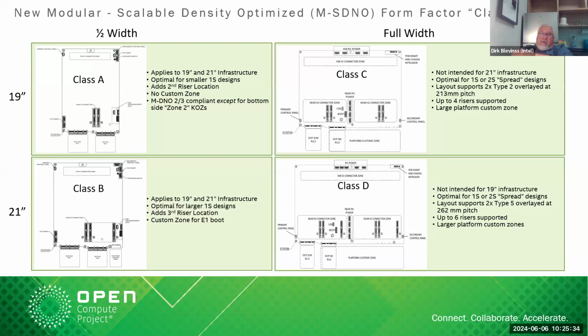So we came up with this notion of 4 different sizes based upon those different criteria in the Carnot map. There's the Class A, Class B, Class C, and Class D